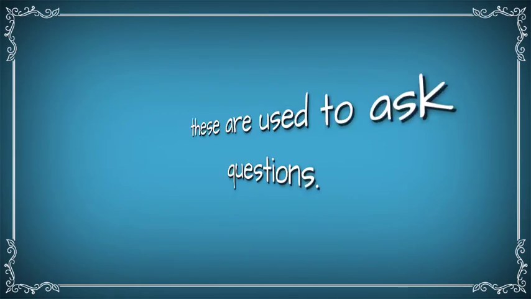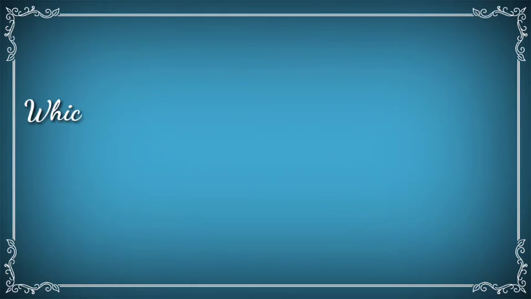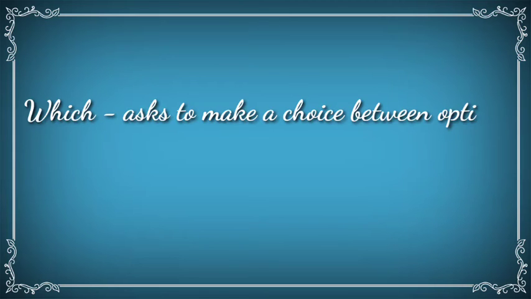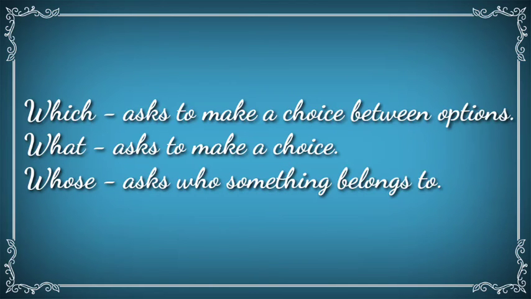Interrogative adjectives. These adjectives are used to ask questions. The interrogative words like which, what and whose are used as interrogative adjectives. And when do we use the interrogative word which? When asked to make a choice between options. And what? Asked to make a choice in general. And whose? Asks who something belongs to. For example,